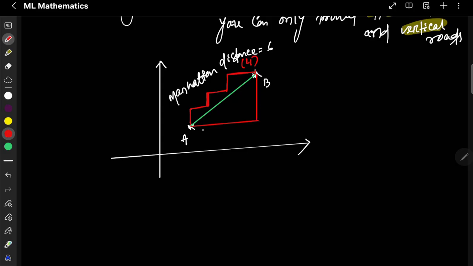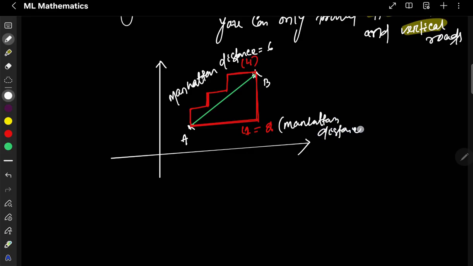I can cover something like this. This is a horizontal step. This is a horizontal step road, and this is a vertical step road. So in this case, your L1 will be 2. Yes or no? So your Manhattan distance,